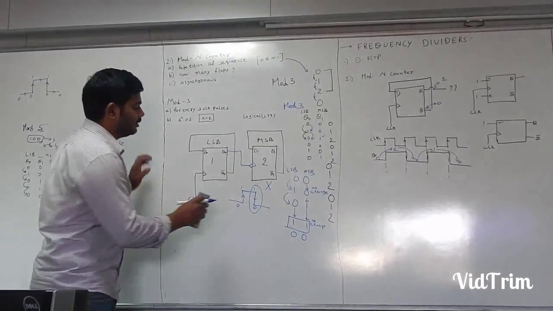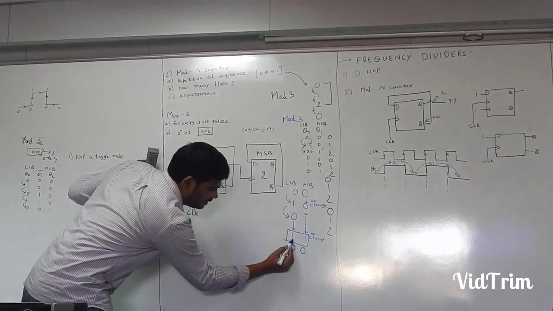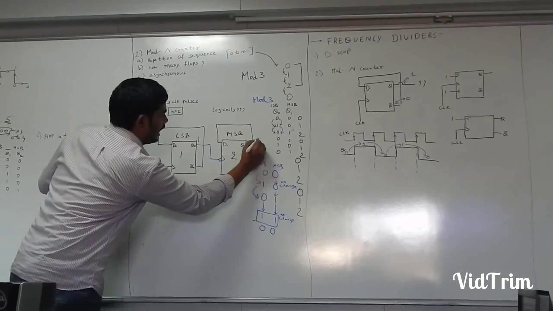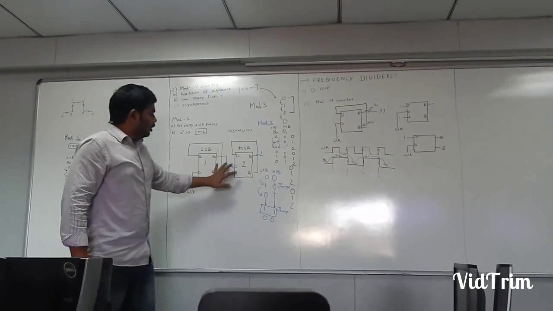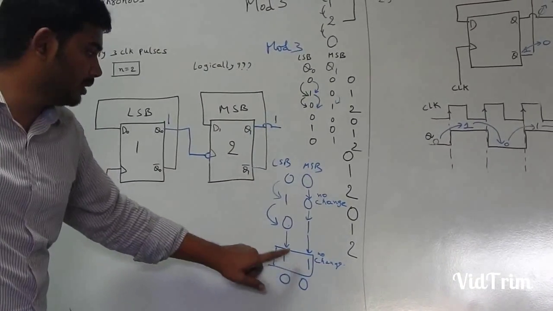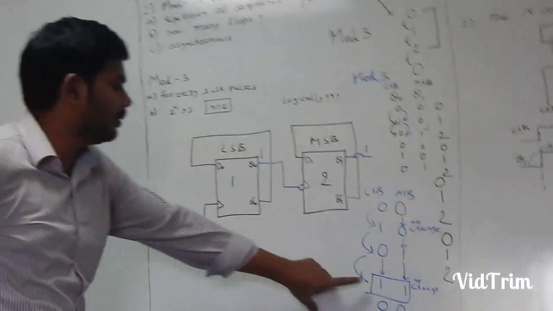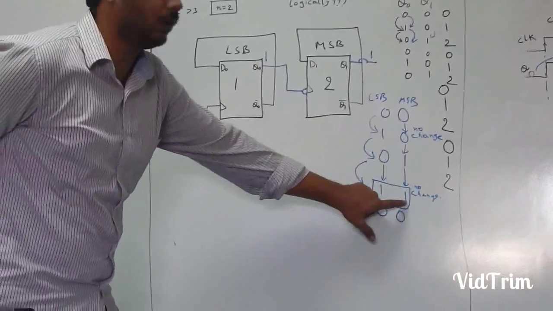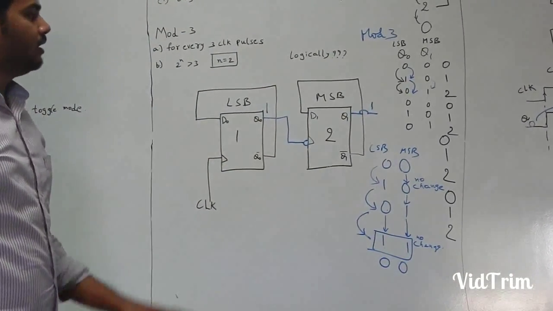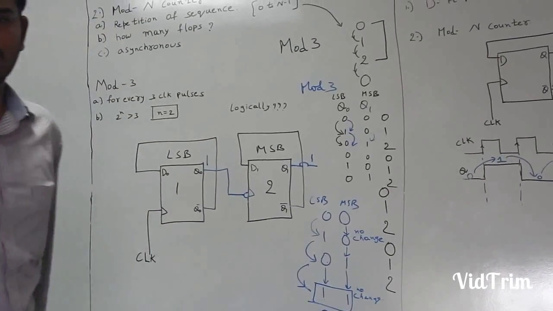So now what I'll do is, at this stage I am getting this as 1 and this also as 1. So I am taking this state only. Please remember that I am taking this state only. After the third clock pulse, 1, 2, 3, at the third clock pulse my value of the counter is 1 and 1, where this is MSB and this is LSB. Somehow I should do something and clear all the flip-flops.